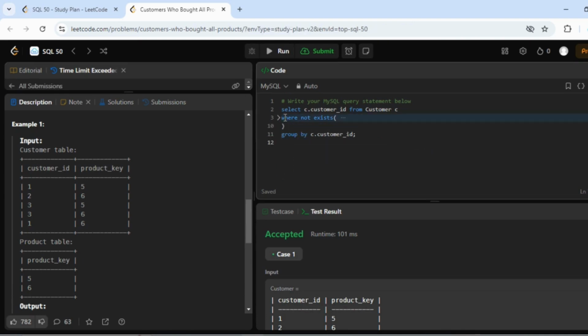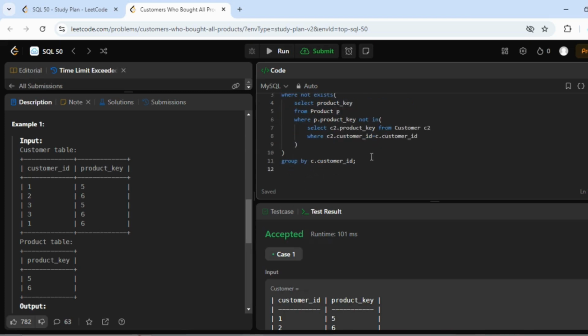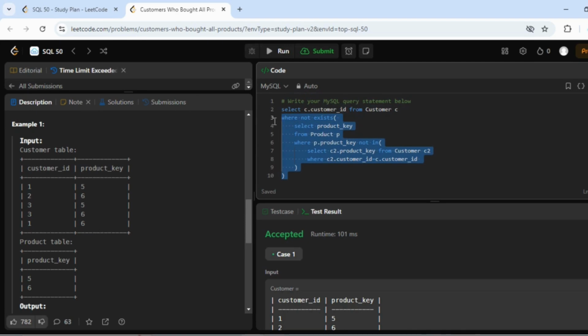Let me go for another solution. Let me erase this one. I will not go with